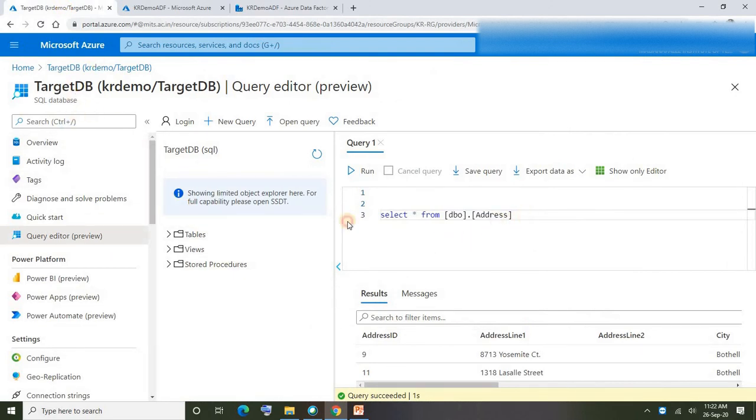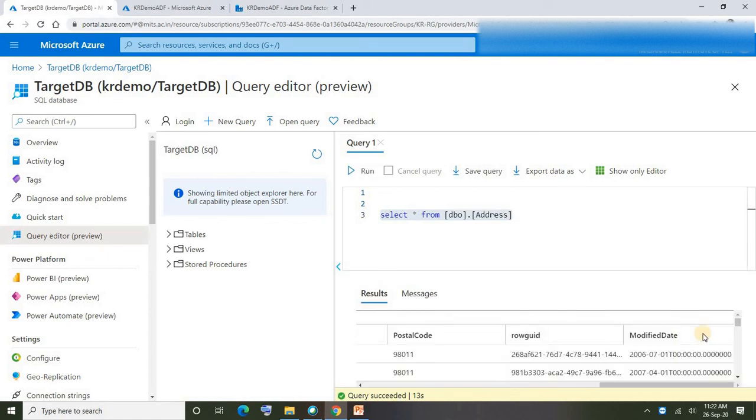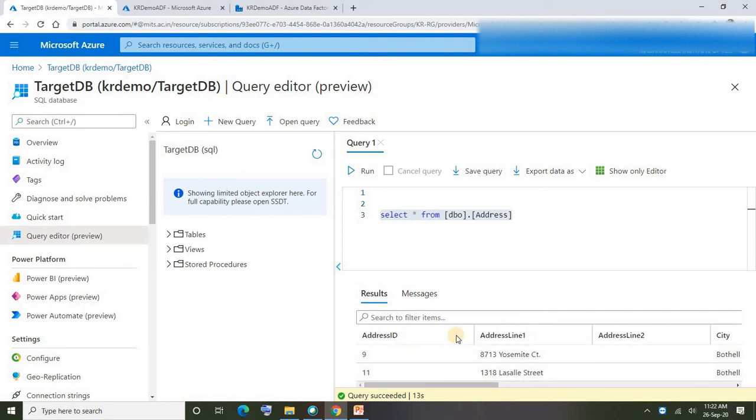Now I am in the target DB, so let me execute the query. Of course, data would have been loaded, and more records might have been appended. That's okay, and we'll see if the additional column is added or not. Obviously it won't be added, as that column itself is not there in our target table. Mapping also was not done. So this is how it works. As I said, the number of columns in our relational data store is always fixed. If you want to add an additional column, you can go ahead and add it by altering the table.